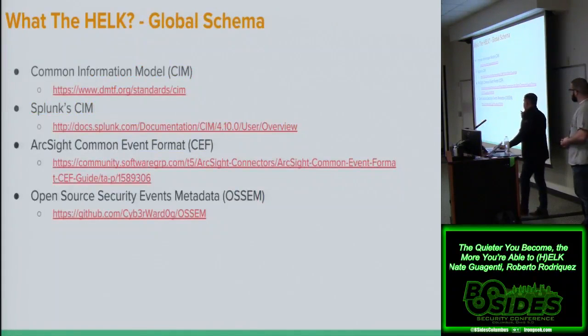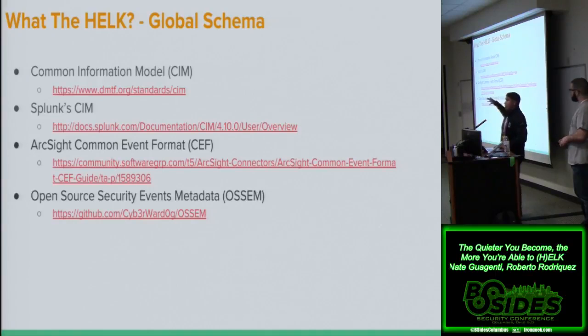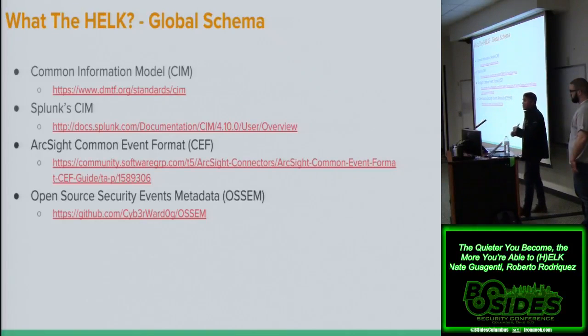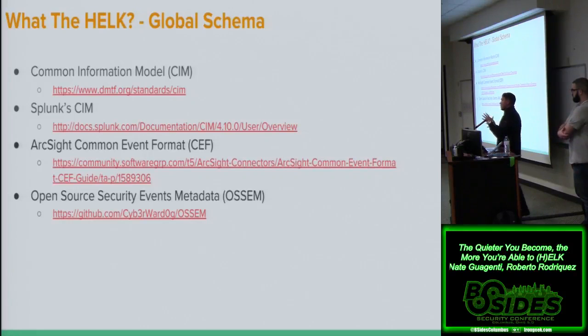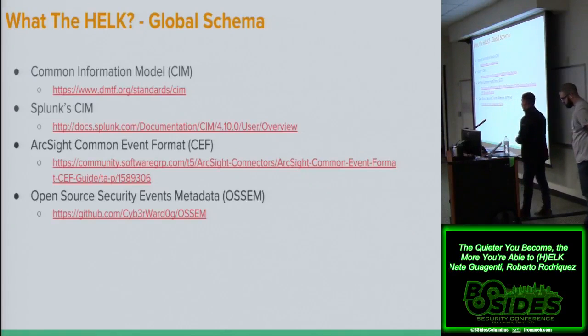And global schema, actually, those are the other ones, because I don't want to say that we are right. There are other schemas that are being used by, for example, Splunk, the Common Information Model. It has its own schema to name the field names in a certain way and things like that. I might disagree with a couple of things, but it makes sense from a data perspective, the way they do it. But there are certain things that I would like to do differently. That's why I like to have a dynamic technology where I can just change my parts and things like that.